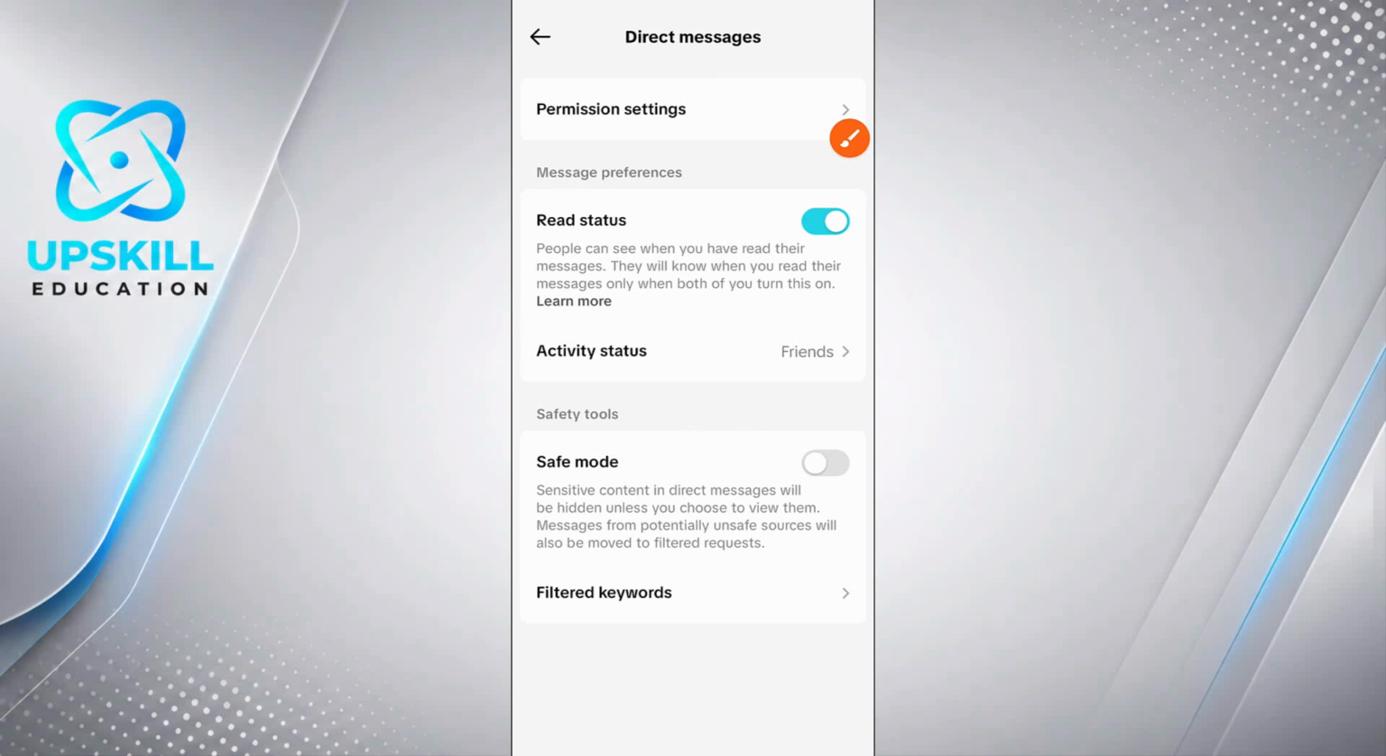In this video, we are going to see how we can turn on the safe mode on the TikTok application, which allows you to hide the sensitive content in the direct messages if you receive them until you choose to view them. So messages from potentially unsafe sources will also be moved to the filtered request. So this is a very important feature of TikTok to protect yourself or your colleagues or your children from viewing